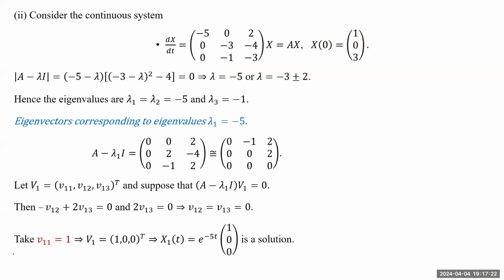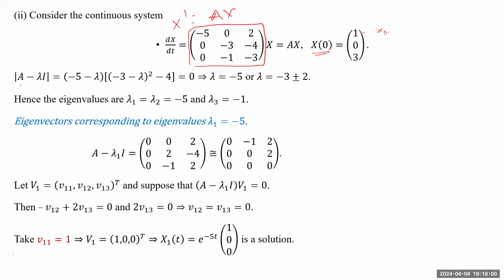Right. So this is my system of differential equations: x prime is equal to Ax, where A is the 3 by 3 matrix, and the initial condition at t equals 0 is 1, 0, 3. So this is x01 or x10, whatever notation we are using, and this is x02 or x03, etc. And we took the